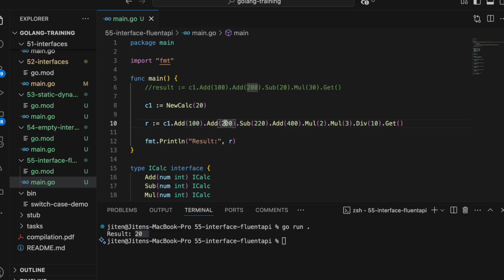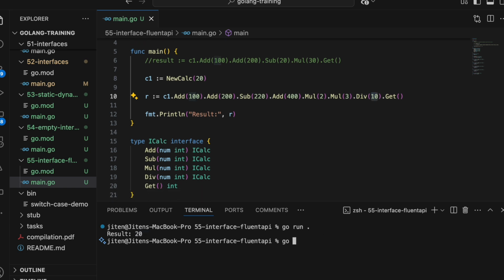So 100 and 200, 220 here with this 20 because it's an initial value. 320 minus 220, 100, 100 plus 400, 500, 500 into 2, it's a thousand, into 3, 3000, 3000 divided by 10 is 300. So the result you get is 300,